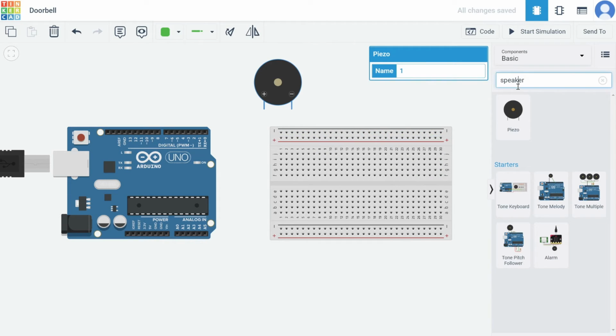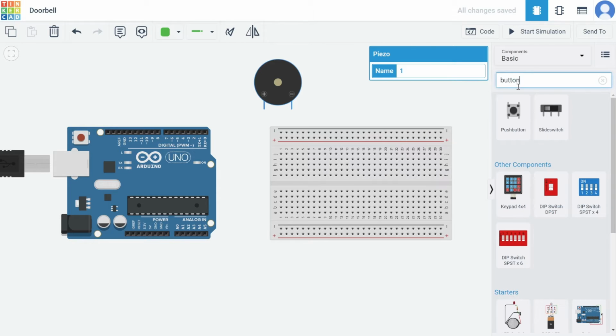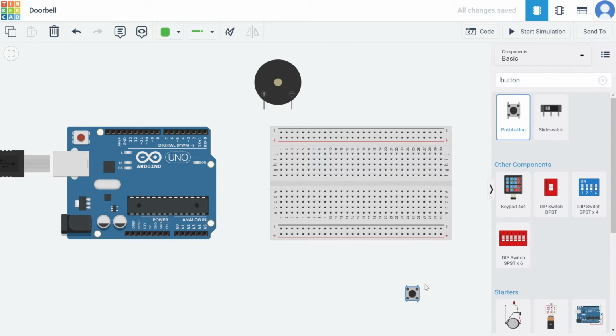And the final thing that we will need is a push button, but we will just leave that down the bottom because we're not using it yet. So there's all the equipment, and